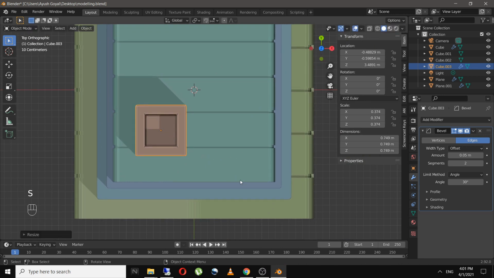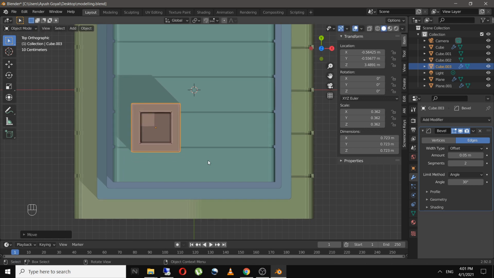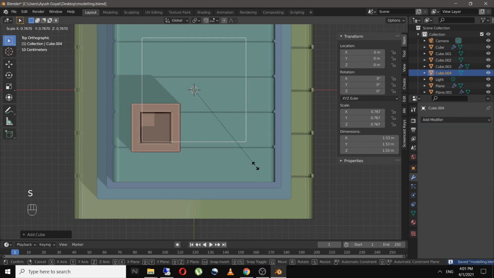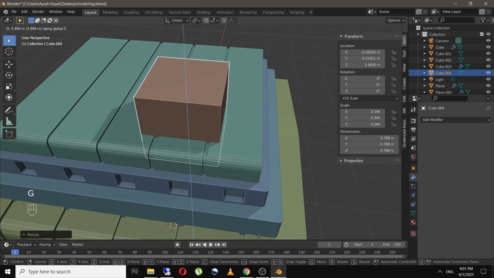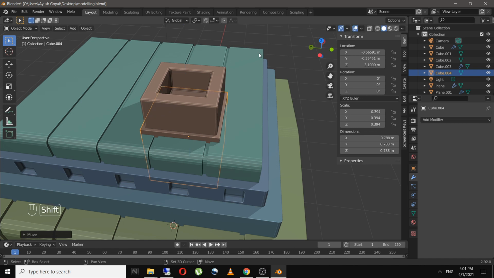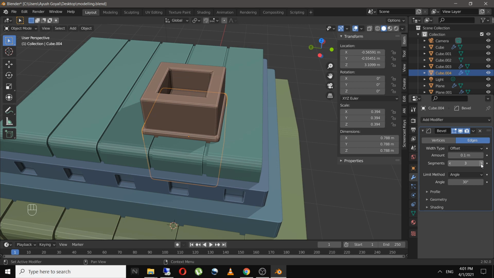So decreasing the segments to 2 will decrease the poly count as well. And I will position it over here, add in another cube, scale it a bit over here. Add in the bevel modifier for these as well, increase the segment.